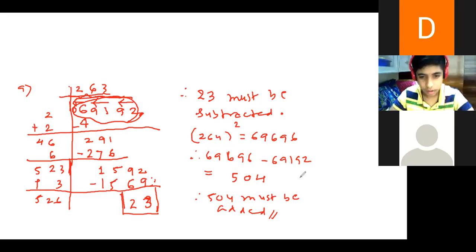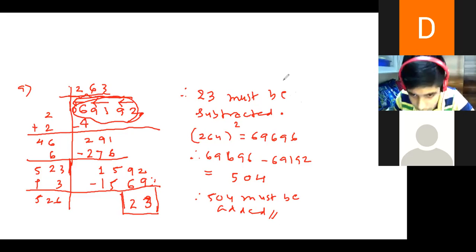Yes, sir. Sir, can we try the prime factorize? Right. See, we have so much time. Don't worry, you should do it on your own once you have understood. I'm also doing it side by side.